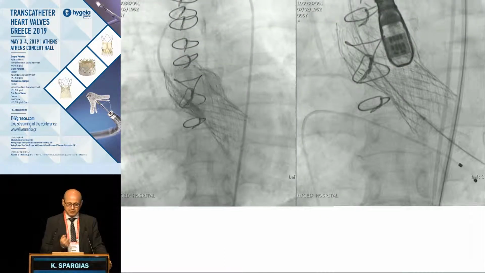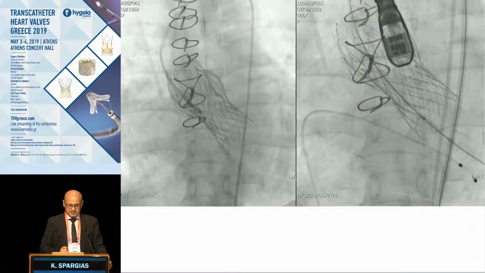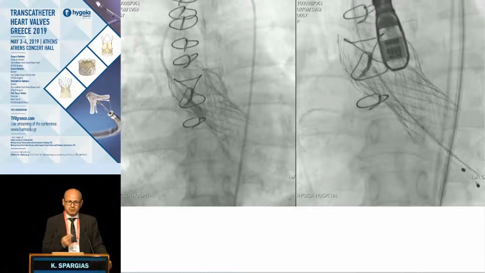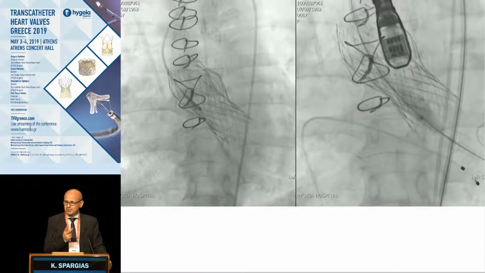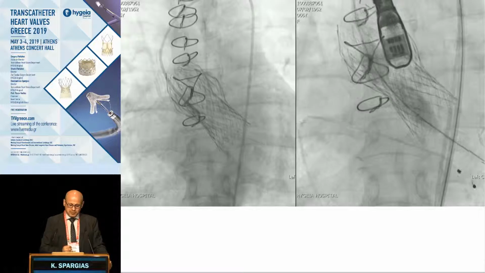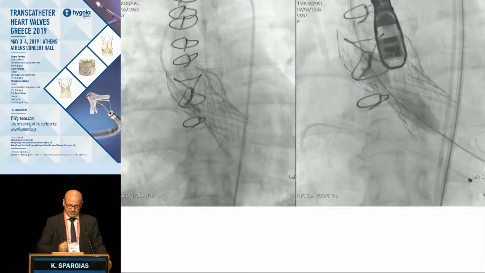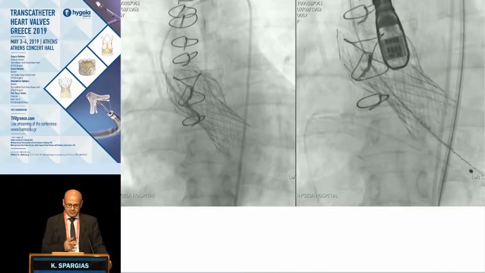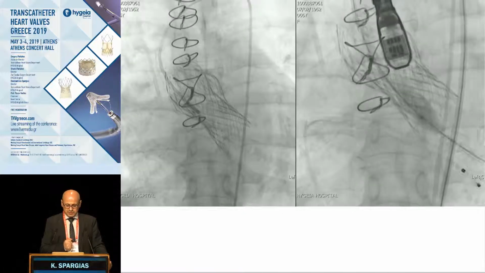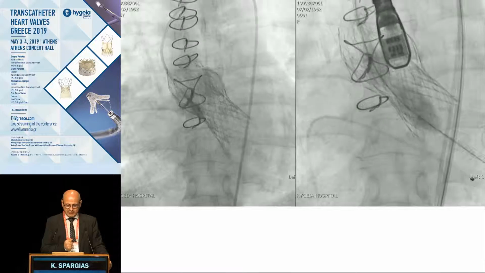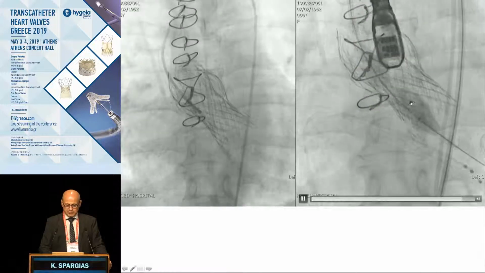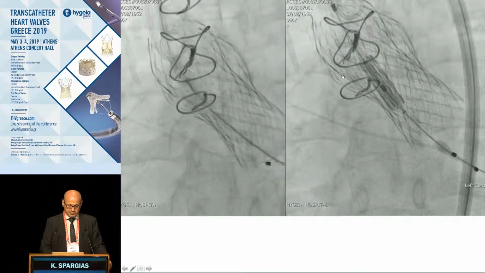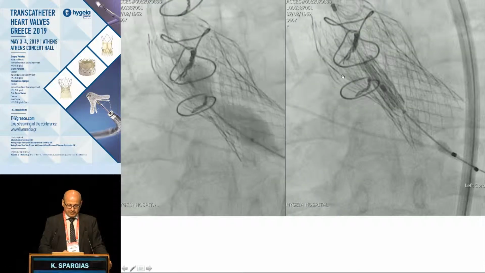This actually was a lady that needed, it is the old CoreValve, that needed to have 2 CoreValves at the initial implantation, because the first was really low, and it came after many years. I think the first implantation was in 2012 with restenosis, and it was really, really tight. You see the balloon, it was difficult to get it up there, and we needed to do multiple balloon inflation